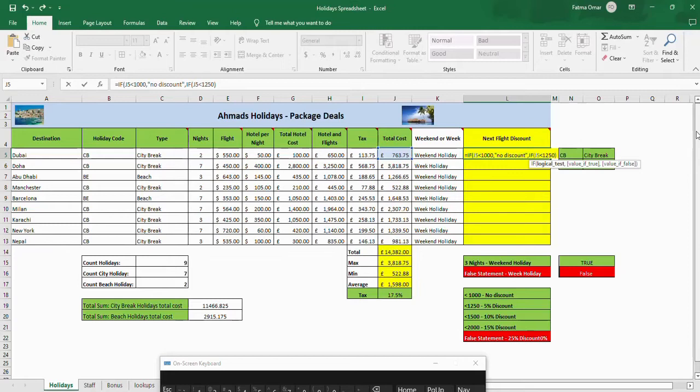If this is true, comma, to initiate the true value, then I'm going to write 5% discount. If this is false, new if statement, if. Okay, and